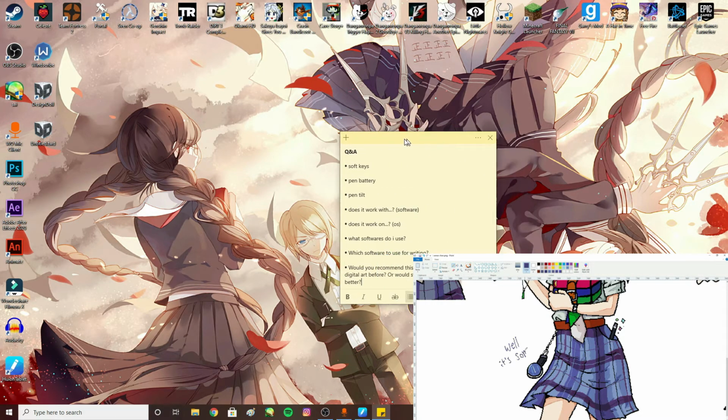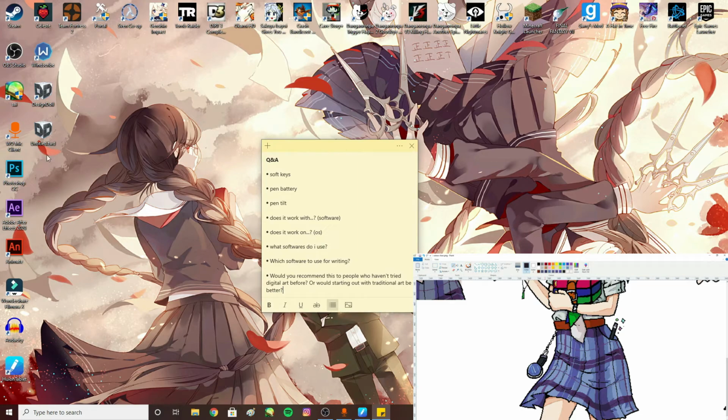And also I have the sticky notes right over Byakuya's face because I hate him. Toko is better. Anyway,